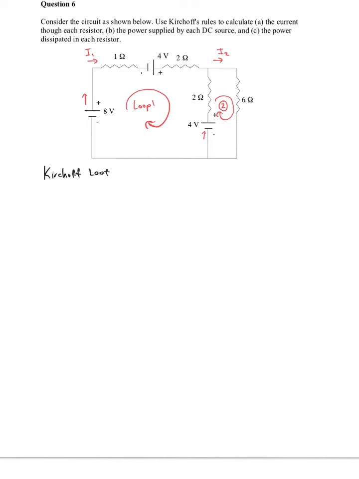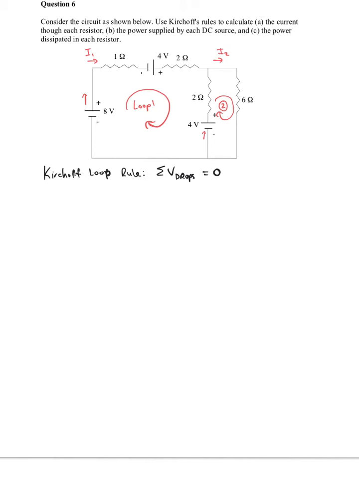Kirchhoff's loop rule says that the sum of the voltage drops around the loop equals 0. Okay, that says loop, not loof. Sorry about that. So we consider one loop at a time. If we have a look at this first loop,